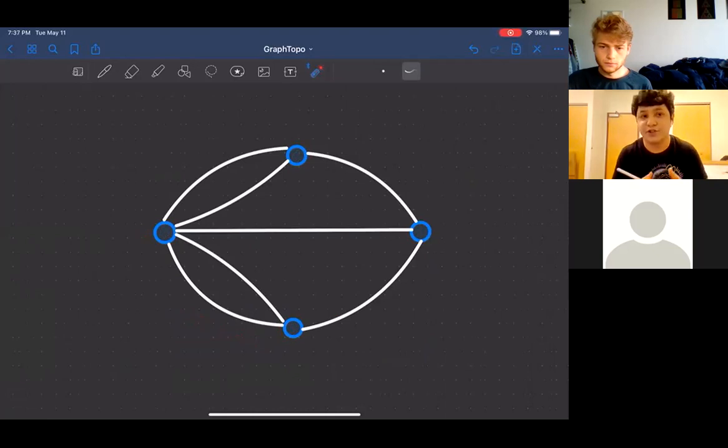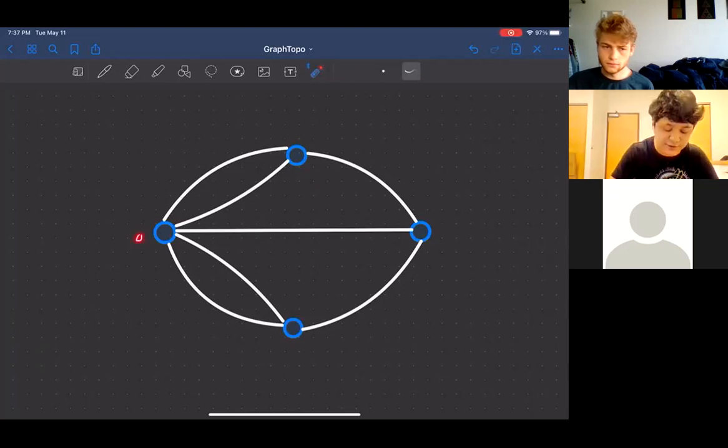The conditions that the problem posed were that if you made the walk over these bridges and places, you have to go through all 7 bridges only once, and you have to go back to your starting point. So if you start in this vertex here, and you go to this other vertex over here,